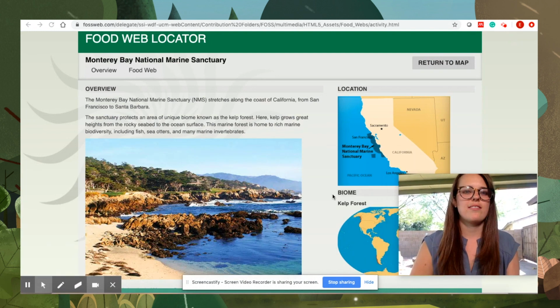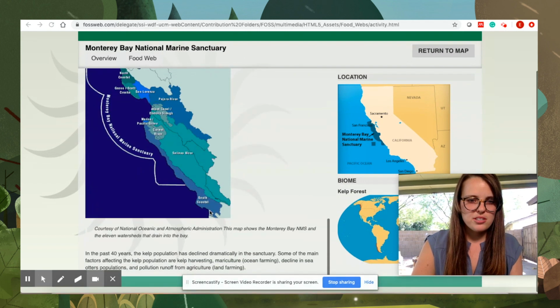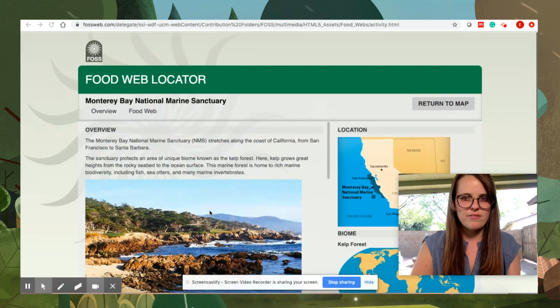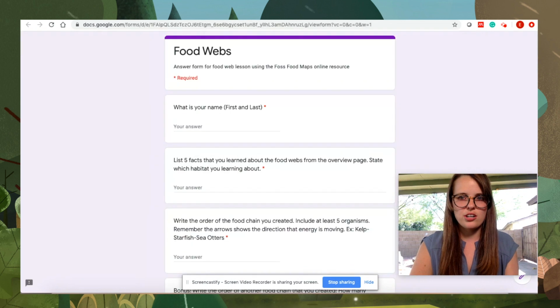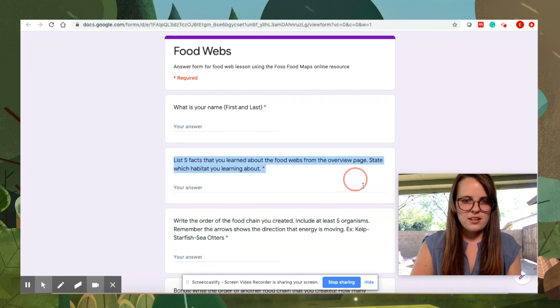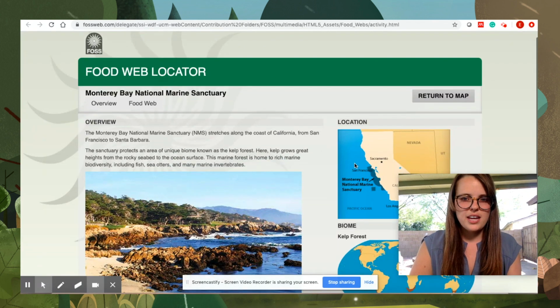Now you're going to have a page that gives you a whole lot of information about this habitat or this environment, okay? So your job is going to be to read it, and you're going to pick 5 important facts. Those 5 important facts, you can either write them down or go directly to your Google form that you're going to fill out today. After you put your first and last name here, in this box is where you're going to write your 5 facts that you learned from the overview page, okay? Make sure you tell me which habitat that you are learning about. When you're done with that,